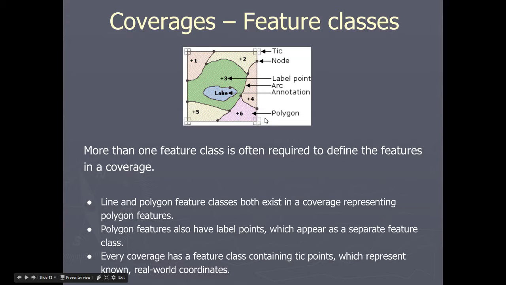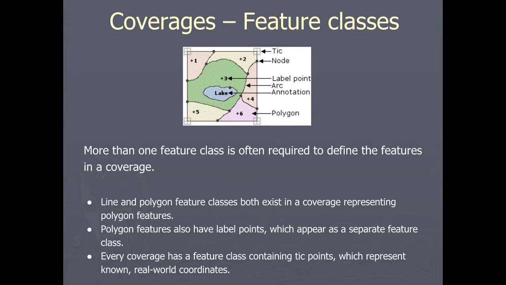Alright, so feature classes and coverages. We saw how feature classes in the coverage that we looked at were text, nodes, labels, arcs, and polygons. So there is more than one feature class required to define features in a coverage. The line and polygon feature classes both exist in a coverage representing polygon features. So if you have polygon features, you have line and polygon feature classes, and that's because